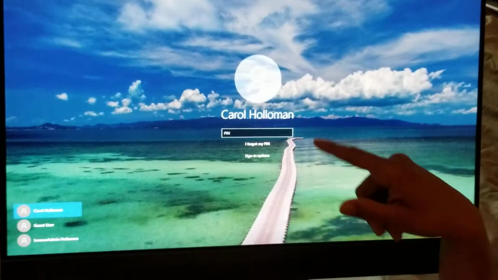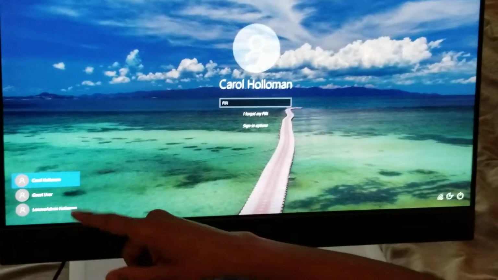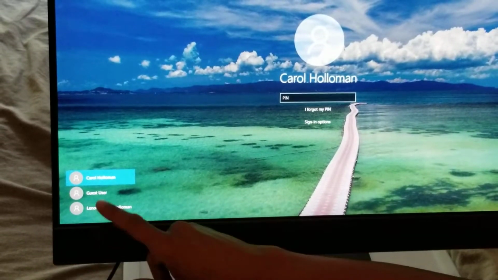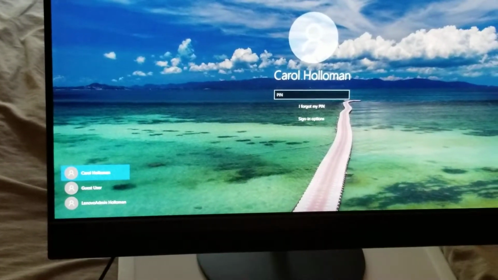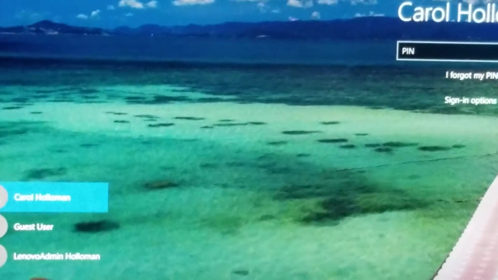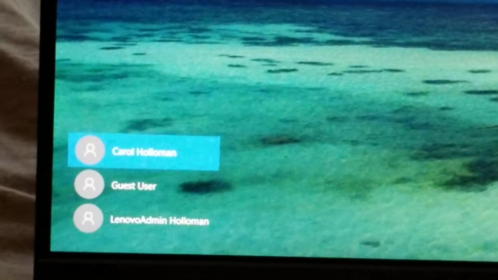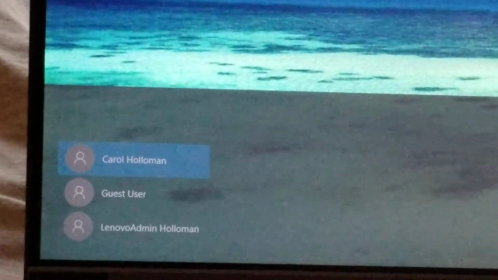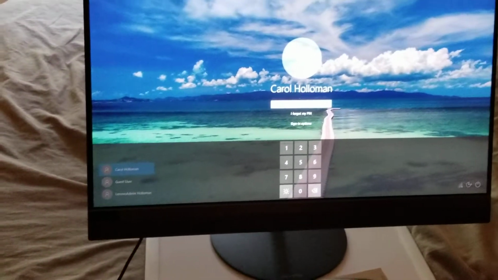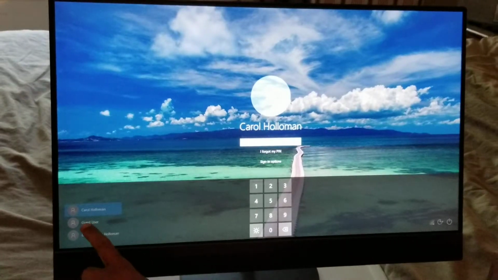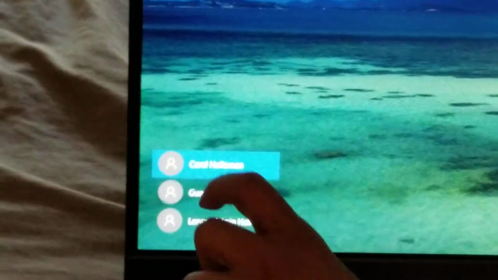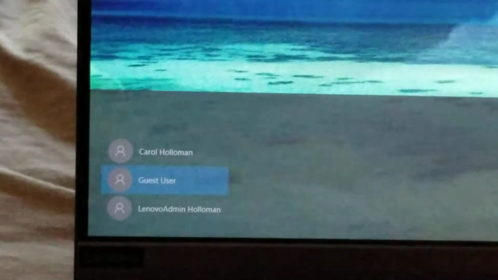But if you click on that, you'll see that you have a couple of options. So you can sign in as guest user for whoever. Lenovo admin is for us. But so if you sign in, you can sign in as Carol Holloman. Wait a minute. I want to show you actually, if you sign in as guest user,